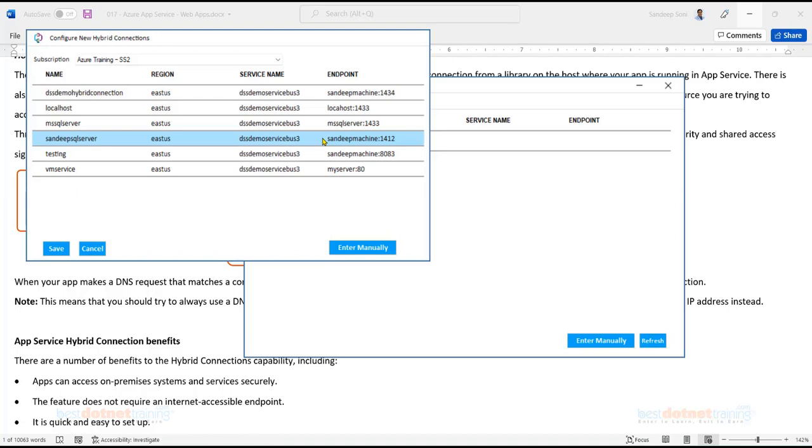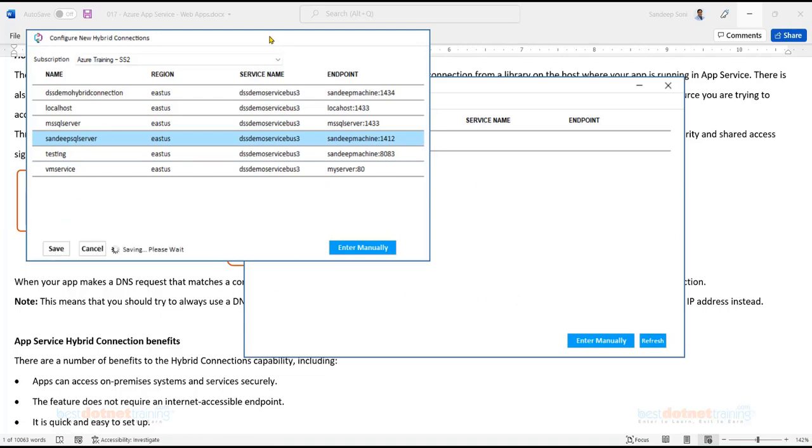Because I have already done this once on my machine, it automatically got listed here. Got it? So click on save, select this one, click on save.